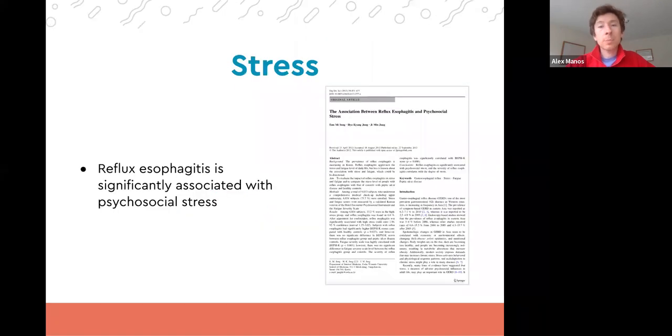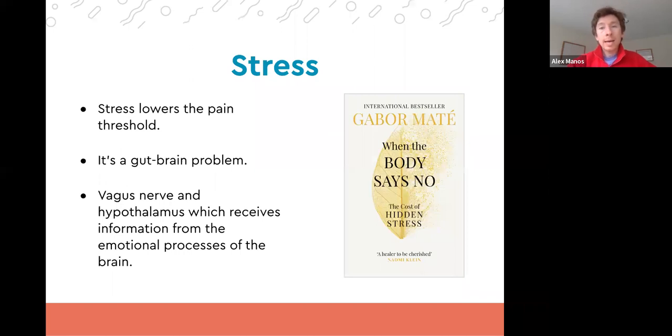So we mentioned anxiety, depression. This is just a paper really confirming that stress has been associated with reflux as well. And some of you, I'm sure, are familiar with the doctor and international bestseller, Gabor Maté. One of his books is When the Body Says No. And one of the themes within the book is how our personalities are associated with our health status. And he talks about how stress can actually lower the pain thresholds, and how, as a result, with GERD and